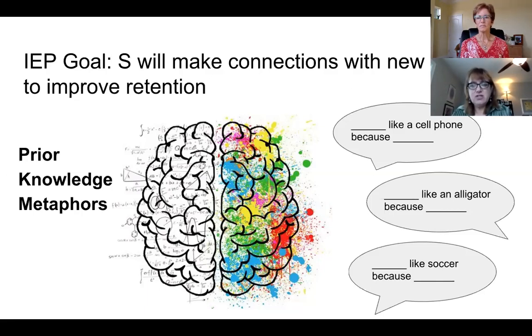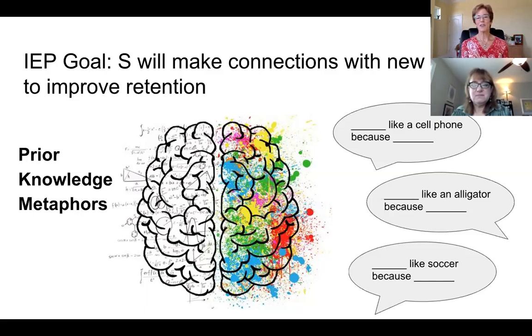And I love the fact that you've pre-assessed so that you could really differentiate this for me. Right. And the more you know your students, of course, the more likely you are to share examples with them that they're going to be interested in. And that's going to be different for everybody. As an example, I live in Florida, and so saying something like cell phones are like alligators is going to be very intriguing to students because we have alligators all around us.